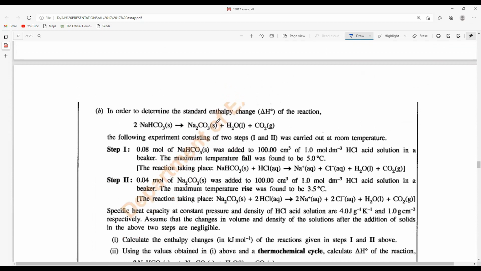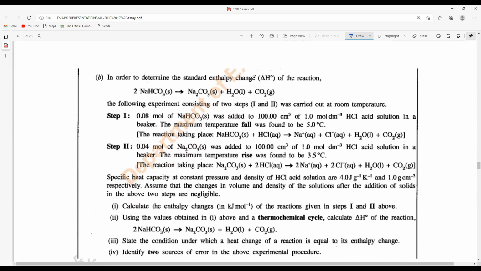So we will discuss. In order to determine the standard enthalpy change, delta H, you need to determine this delta H here, okay? The following experiment, consisting of 2 steps, 1 and 2, was carried out at room temperature, so no problem in that. So 0.08 moles of NaHCO3 was added to 100 cubic centimeters of 1 M HCl acid solution in a beaker, okay? So here in setup 1, we are adding